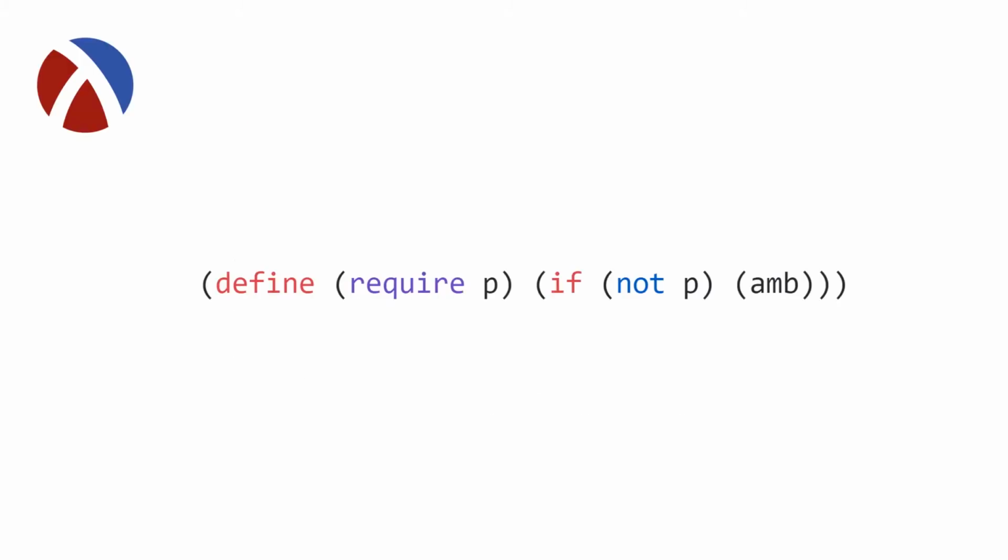And the textbook then goes on to state that we need to add this require procedure to our AMB evaluator in order to use it in the solutions that are going to take advantage of this sort of non-deterministic computing model. So at this point, I believe we're going to jump to the first exercise, which uses this require procedure,